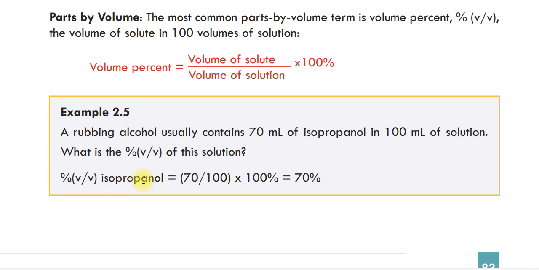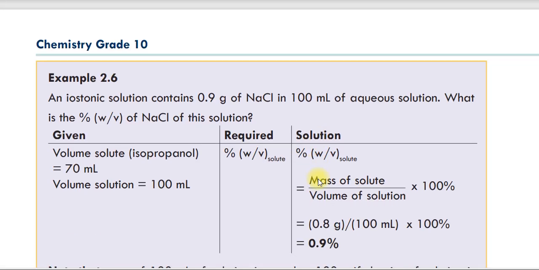Percent by volume of isopropanol equals 70 over 100 times 100%, which is 70%። እንዴት ነው የመጣው? 70 ሚሊ ሊትር ማለት የሶሉቱ ቮሊዩም ነው ወይም የአይሶፕሮፓኖል ሶሉት ነው። ኤንድ የሶልቨንቱ አልተሰጠም፣ ግን አጠቃላይ የሶሉሽኑ ተሰጥቷል። ሶሉሽኑ ማለት ሶልቨንት ፕላስ ሶሉት። ስለዚህ 100%። So 70 ማለት የሶሉቱ ቮሊዩም ሲካፈል መቶ ደግሞ የሶሉሽኑ ነው ሲባዛ በ100% which is 70% ነው ማለት ነው። ስለዚህ volume percent of isopropanol is 70% እንላለን ማለት ነው።